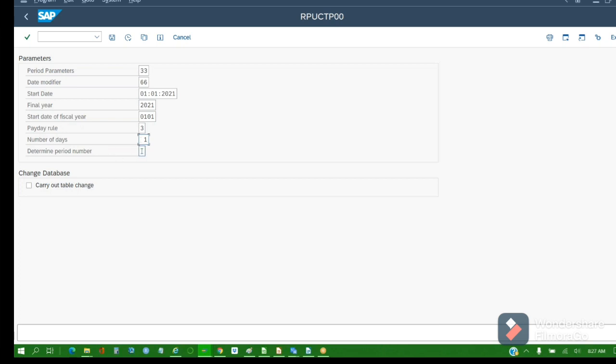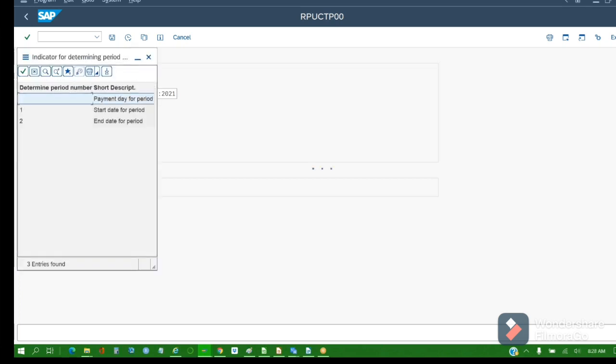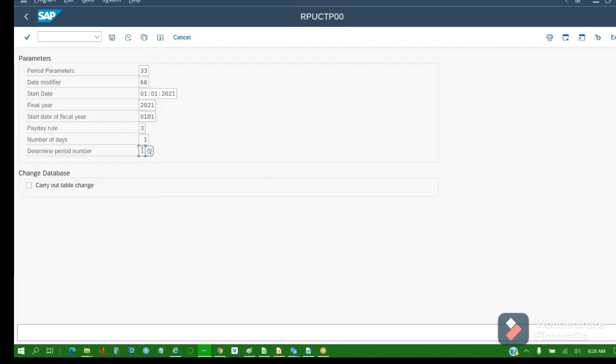Determine period number. Just press F1 or open that. Which one do you need to select? I'm not understanding which one I should select. Just press F1 if you are still unsure, because from here you have to think individually.